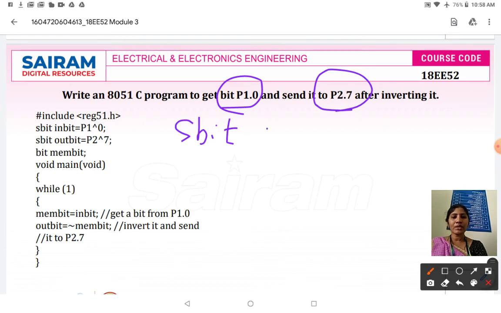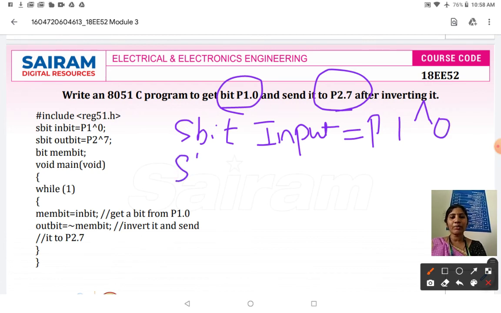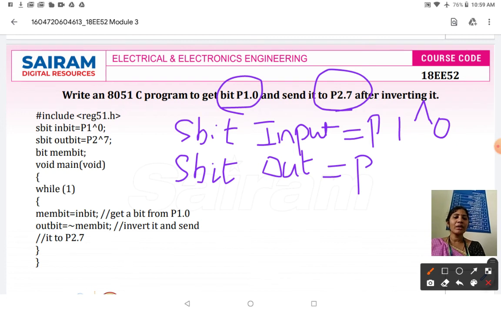P1.0 I am going to consider as an input bit, as I am going to receive the data. Next I am going to consider P2.7 as my output bit, so I have to use sbit as a data type. Since I consider P2.7 as an output variable, I define the variable outbit for P2.7. Then I want to send this P1.0 bit to P2.7.